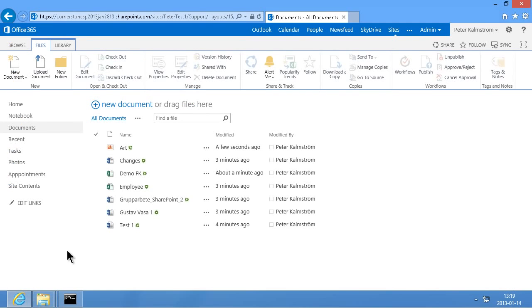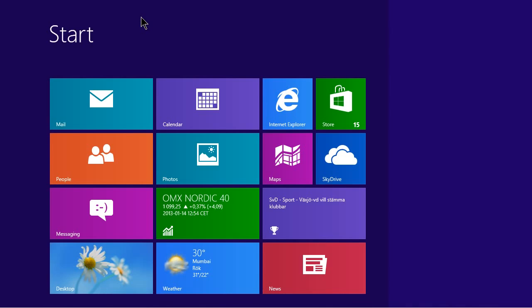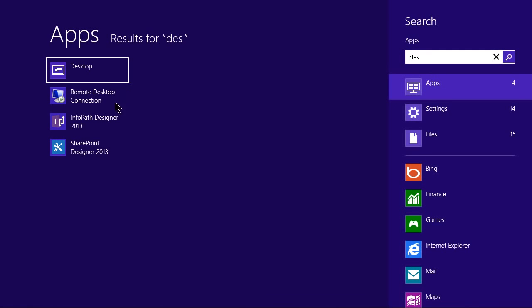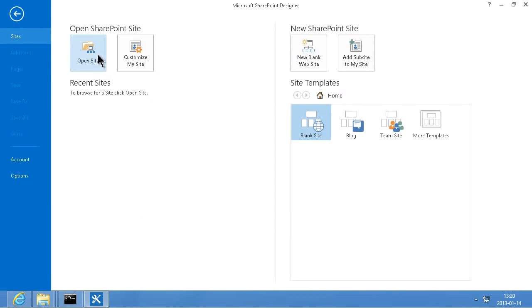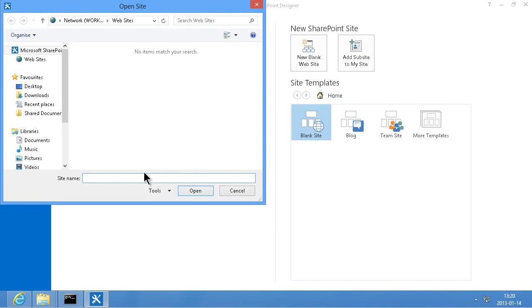Let's do the final way of getting documents into my SharePoint site, and that's actually using SharePoint Designer. SharePoint Designer is rather good at that too. I'm just going to copy the URL to my site here so I can open it in SharePoint Designer, and then I'm going to go in SharePoint Designer 2013, open a site, and then I'm going to open this site now,